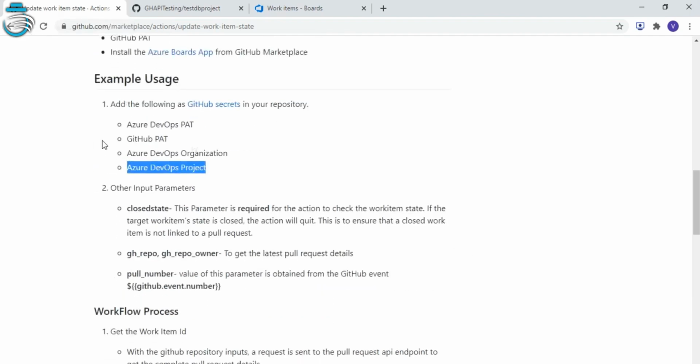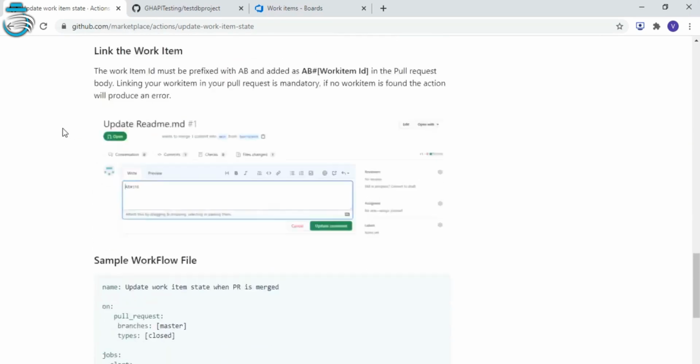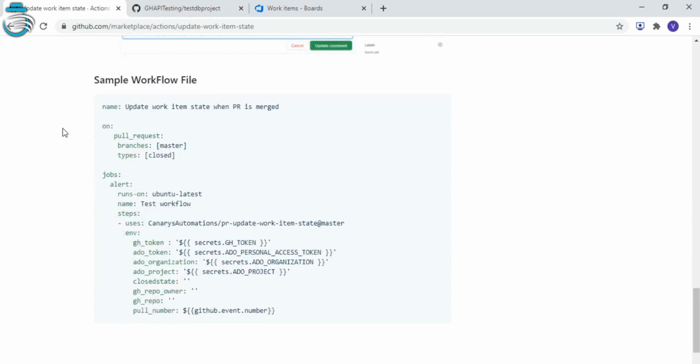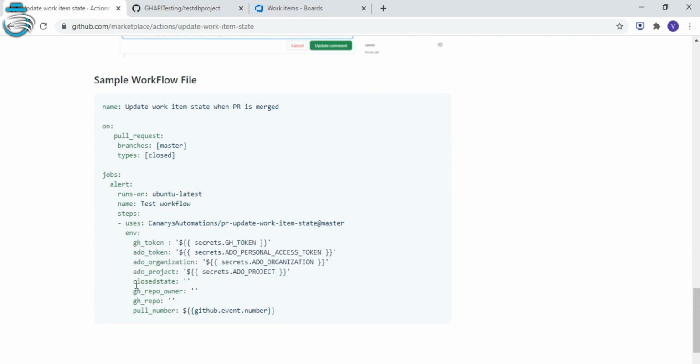Once the secrets are added, let's see what inputs are required for this action to perform. This is a sample workflow file, and here we can see the required inputs would be your secrets for your ADO project, organization, and ADO and GitHub tokens, and you would need an input for close state, the repository owner where you want to perform the action, and the repository name as well.